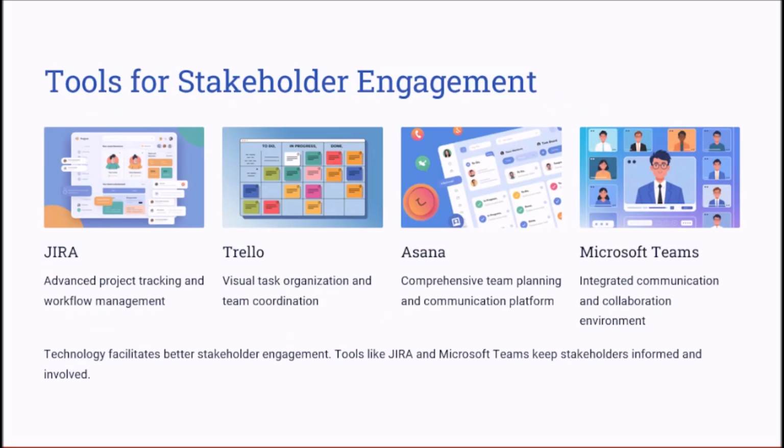Here are the tools that are used when engaging with the stakeholders. Technology facilitates better stakeholder engagement. Tools like Jira and Microsoft Teams help keep the stakeholders informed and involved. Using these tools enhances the visibility and makes the decision making faster and more collaborative. You may also use stakeholder surveys to gather insights and to collect feedback on whatever project concern the stakeholder might have. Also ensure regular stakeholder feedback loops to ensure the process